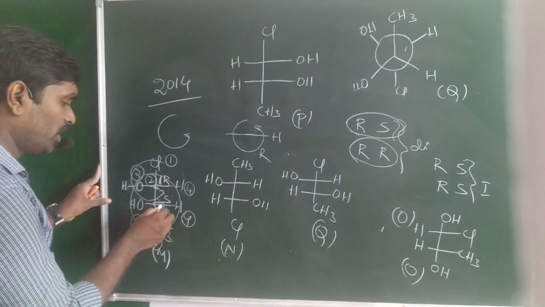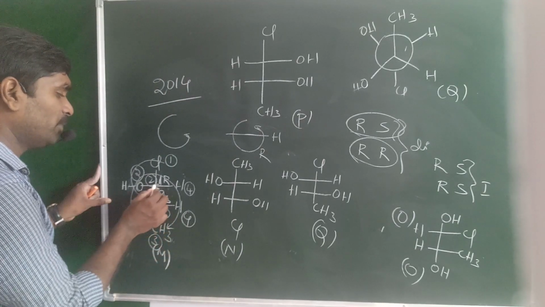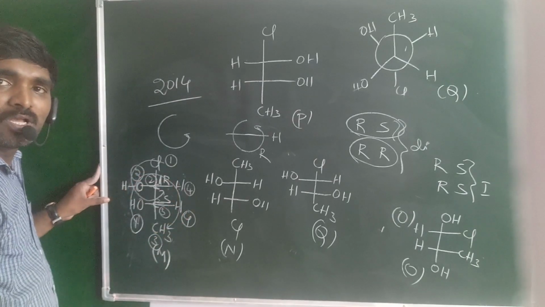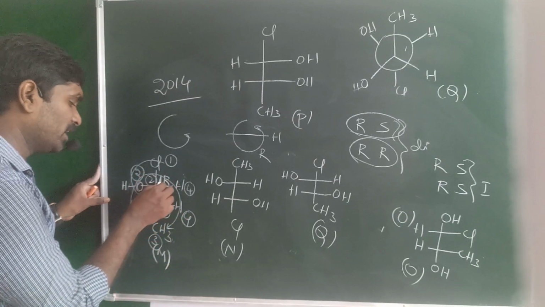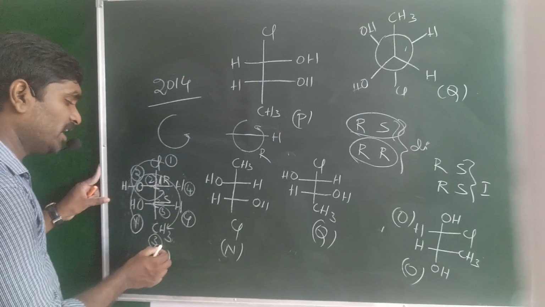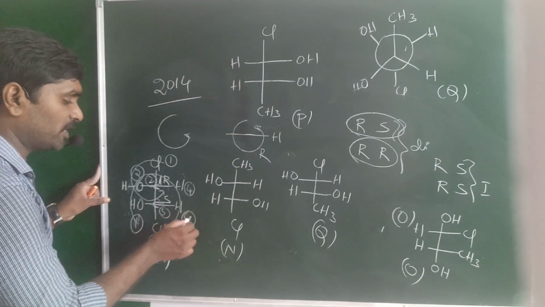So when I take this one, the carbon below the plane is bonded with three hydrogen atoms, and the carbon above the plane may be bonded with oxygen, hydrogen and chlorine. So you must go for the above-the-plane carbon. First priority oxygen, second priority the above-the-plane carbon, third priority the below-the-plane carbon. On the right side you have the least priority group, hydrogen.